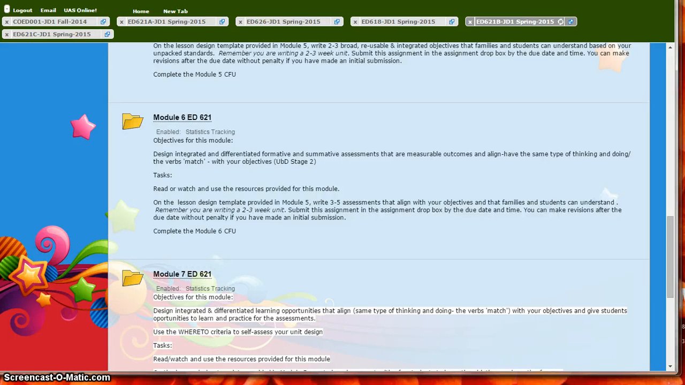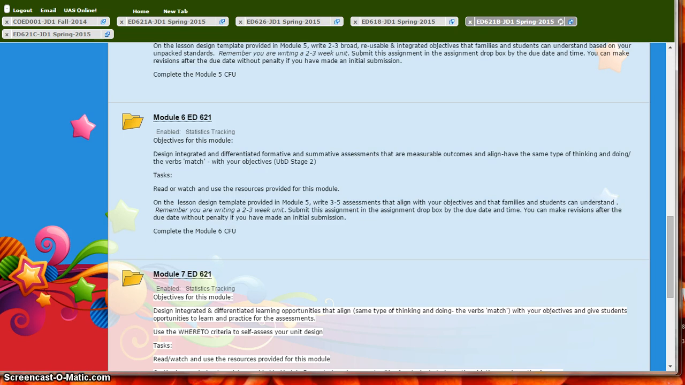Hello again. If you are opening Module 6, you have a unit design template with a big idea or theme and broad objectives for that unit ready to go forward. In Module 6, what we're going to do is take those broad objectives that we wrote on our theme or our big idea, and design integrated and differentiated, both formative and summative, assessments that are again measurable outcomes and align, that is, have the same use of the verbs as the objectives,